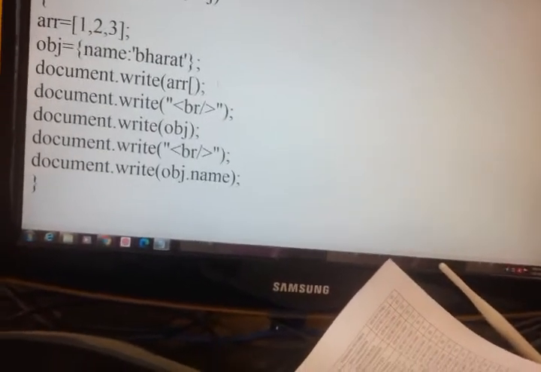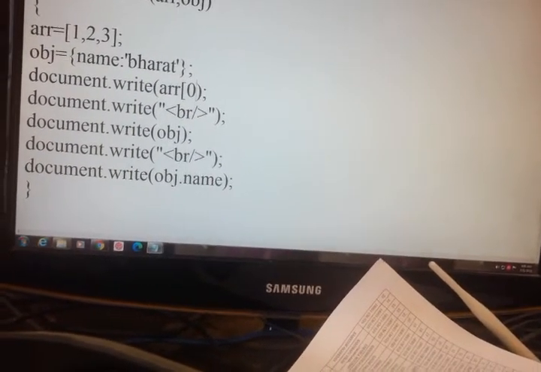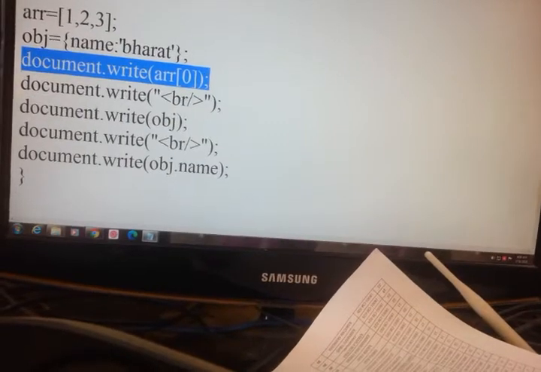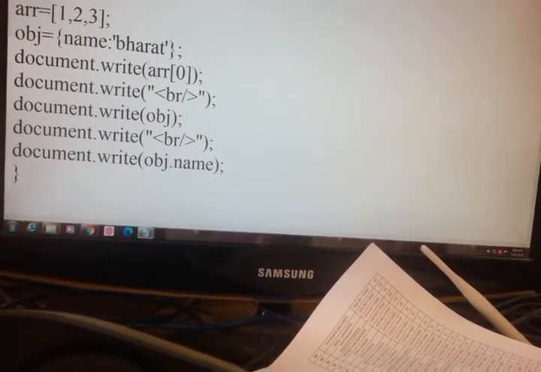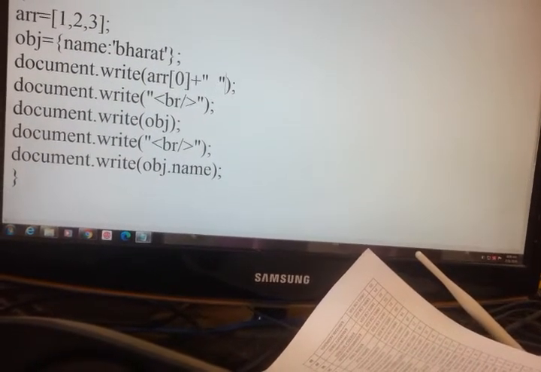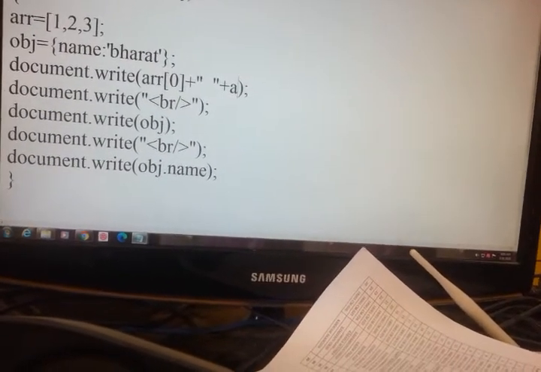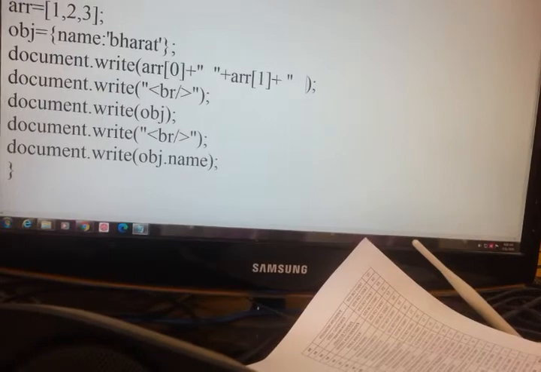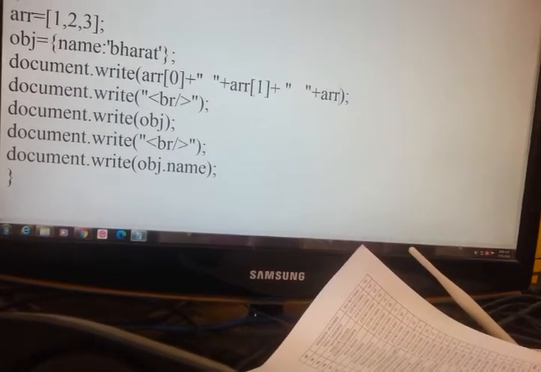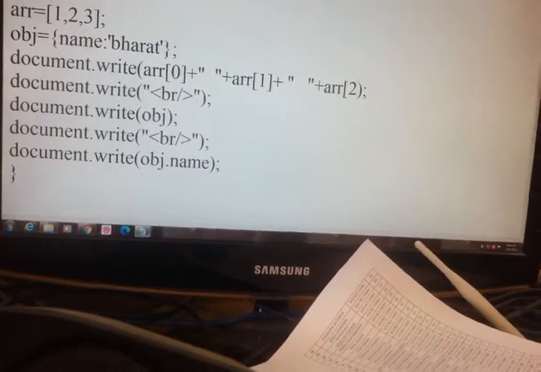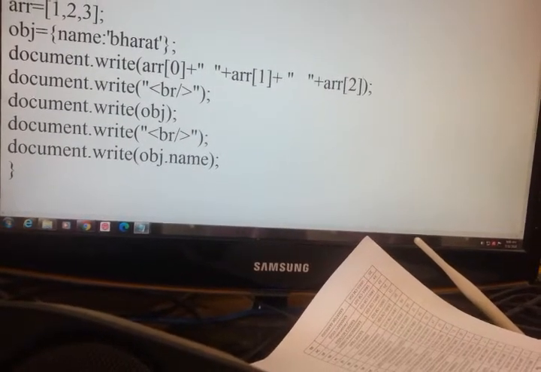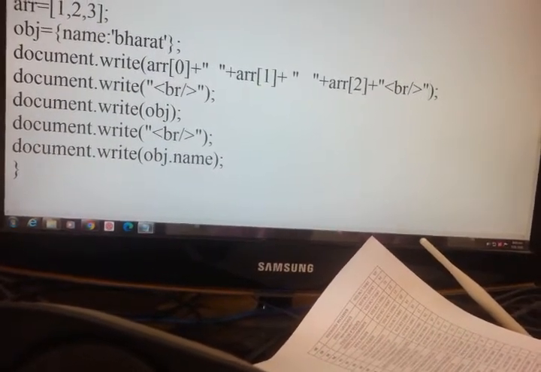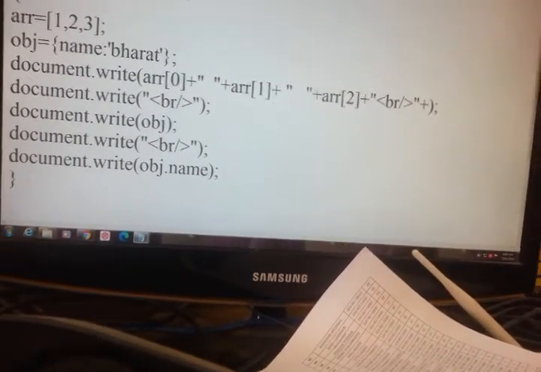So we'll just write first arr of 0, plus arr 1, plus arr 2, plus closing break tag, then simply arr.